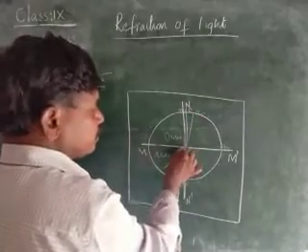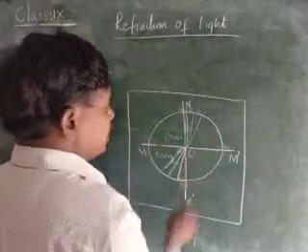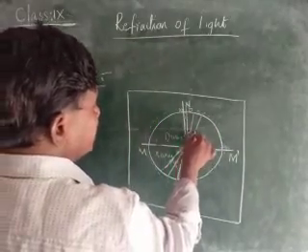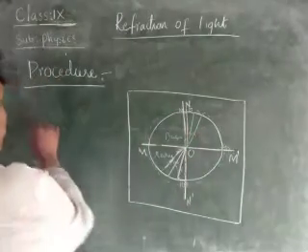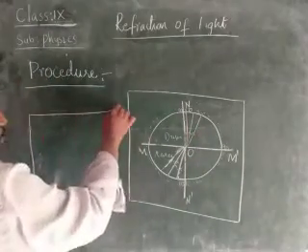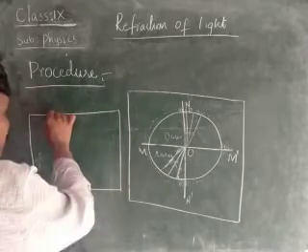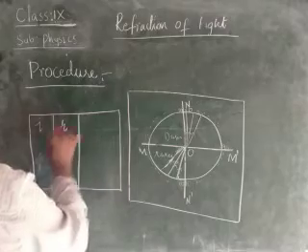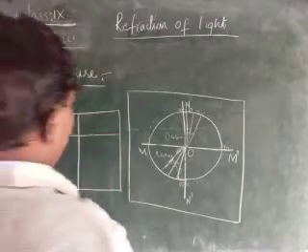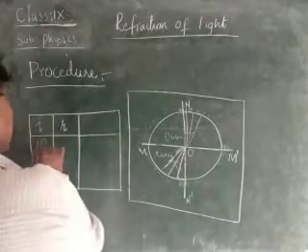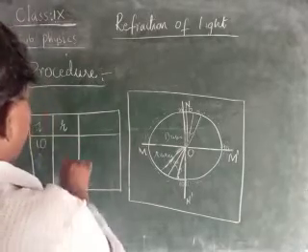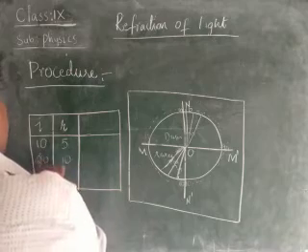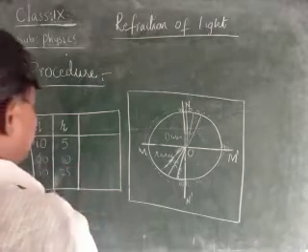Now when we increase here, if you observe the incident angle as well as the refracted angle, you make a table, children. In the table you write the angle of incidence and angle of refraction. Make a note, children. And here, if an angle is 10 degrees, a refracted angle will be 5 degrees. 20, 10, 40, 25, like this we get, children.